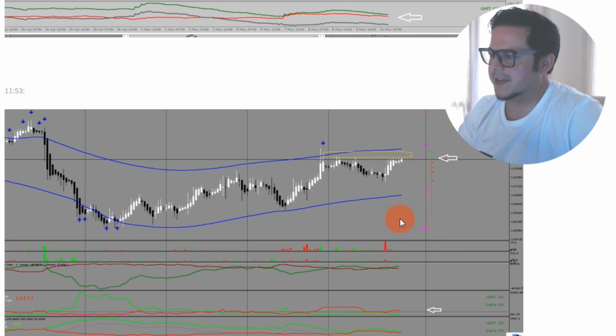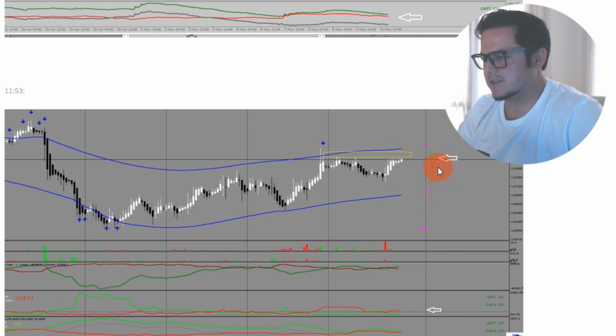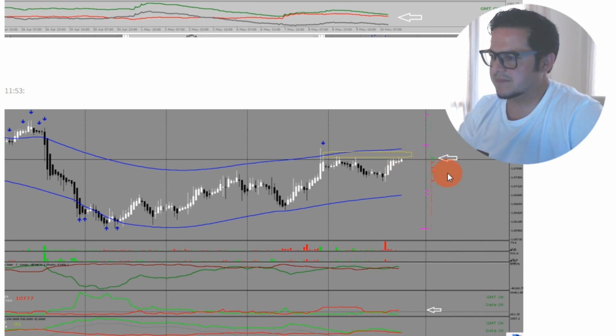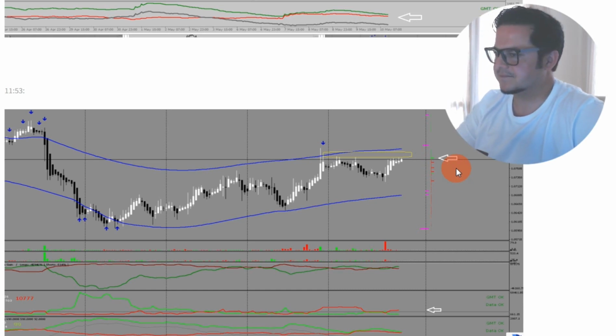Of course, if big dark money longies come in, we have a complete dark money switch, and we're going to have a 4-hour reversal down. But it's going to be a bumpy ride because, as you can see, below the price we have all these old dark money short positions, the red nest here, as we call it.